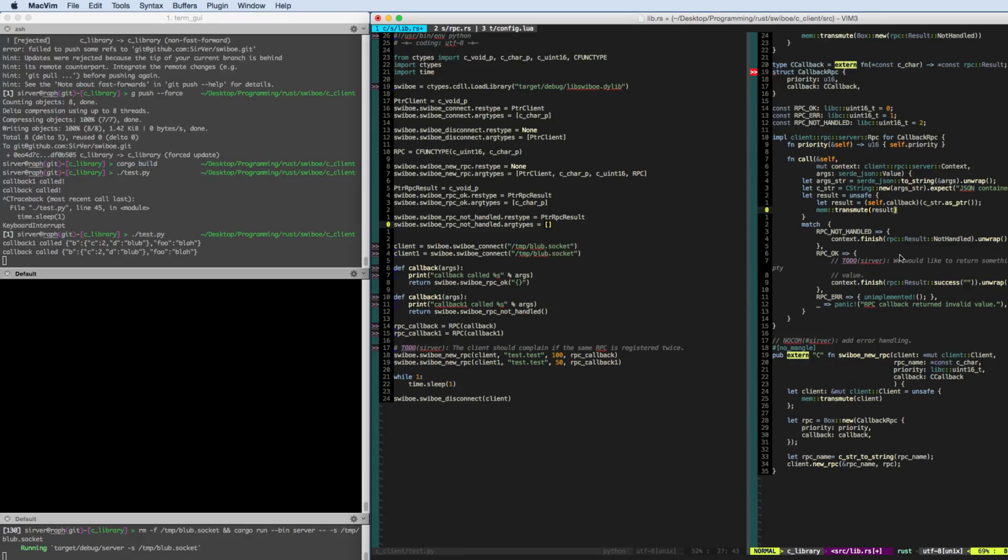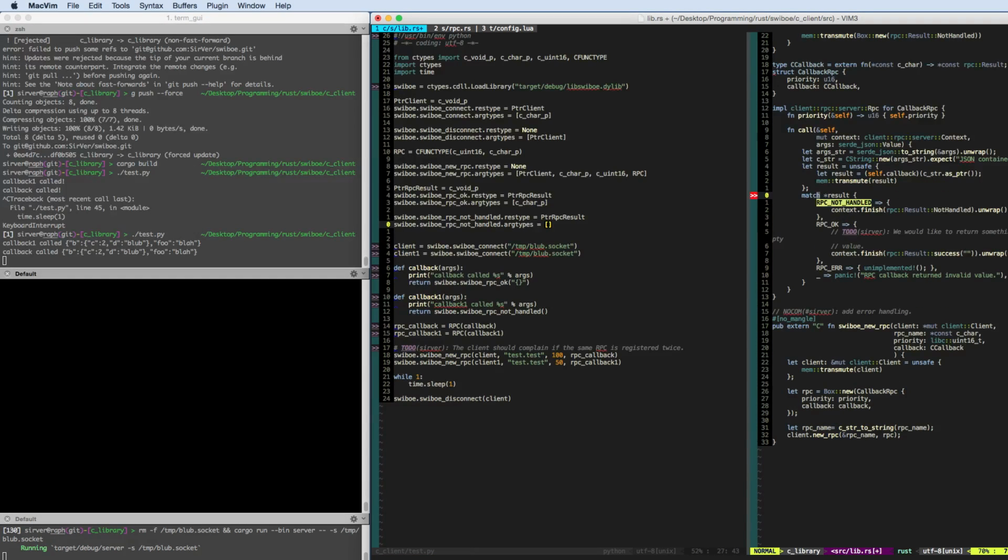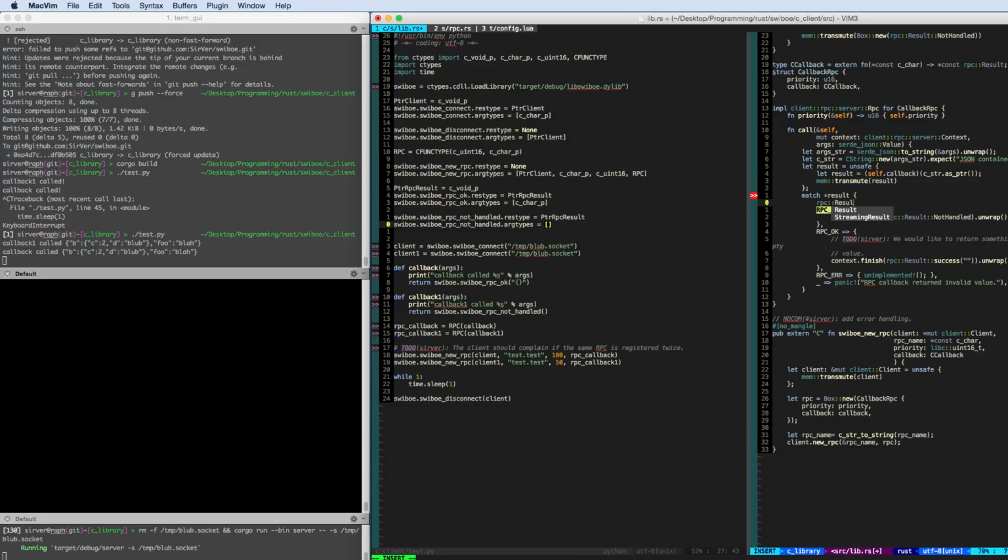This is what we do. And yeah, that seems right to me. And then here we match on the result, like so. And now we don't have those constants anymore here. Instead, we actually have the real RPC result enums. So we have RPC result enums not handled,